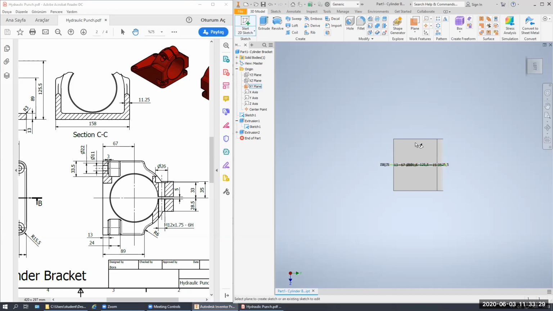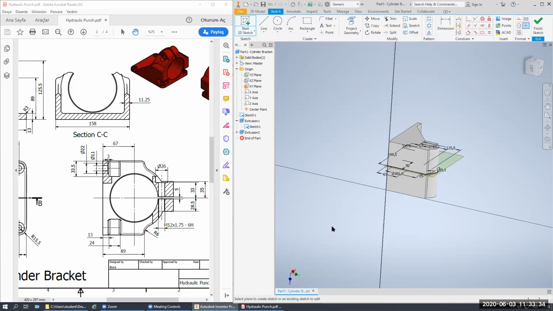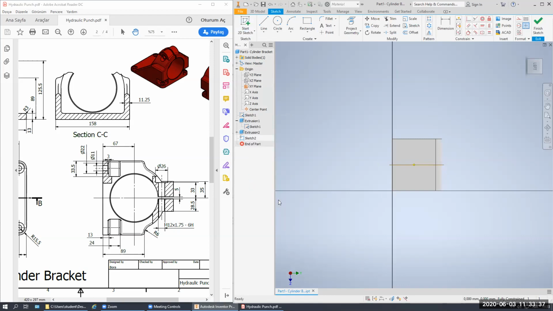For this, I need to start the sketch this time on this face. I will just close the visibility. As you see, our origin is still at this point. Our origin is here. This is our point origin. Okay. The next thing, what I need is, I will just clear and create two things. One, I need a sketch here, and that